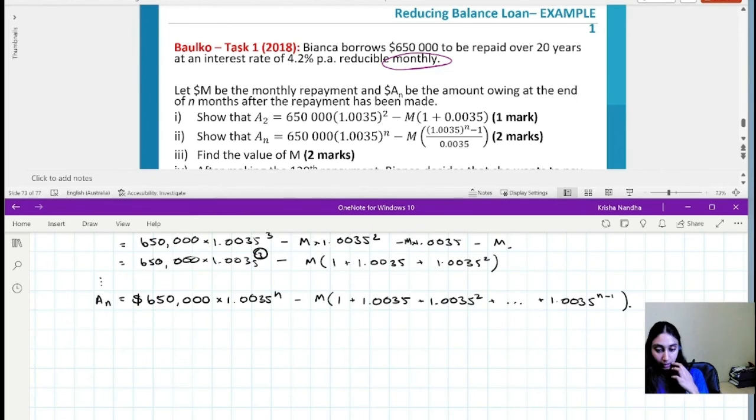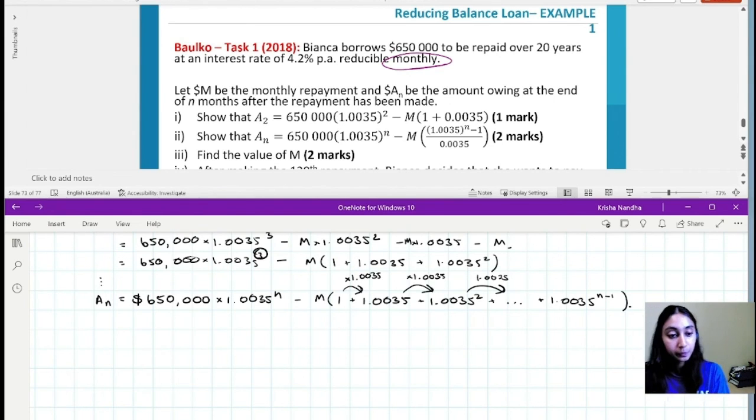All right. And now let's take a look at how we can possibly make it look a little bit more like this. We've got the left-hand side pretty much down-packed, to the dot. The right-hand side, not so much, because we need to notice something. And the thing that we need to notice is that we have a geometric series at hand. You can see that each time we're multiplying by 1.0035.